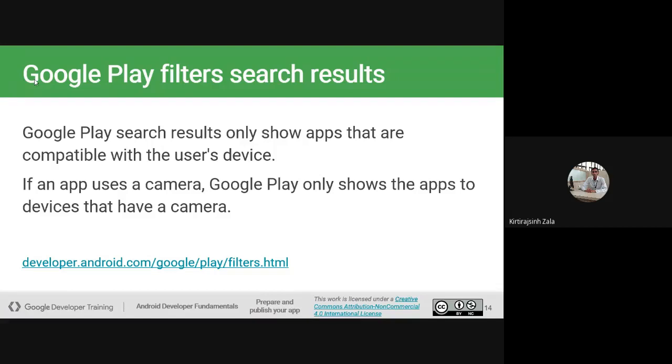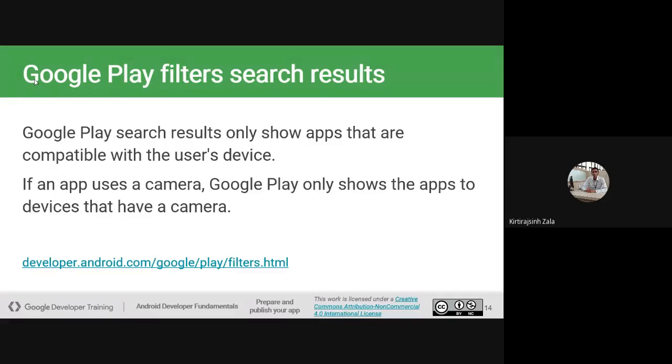So automatically Google will check which device you are using, which API level or which version of operating system you are using, and will only show you the applications compatible with the user's device. So if your application uses a camera, Google Play only shows the application to devices that have a camera.